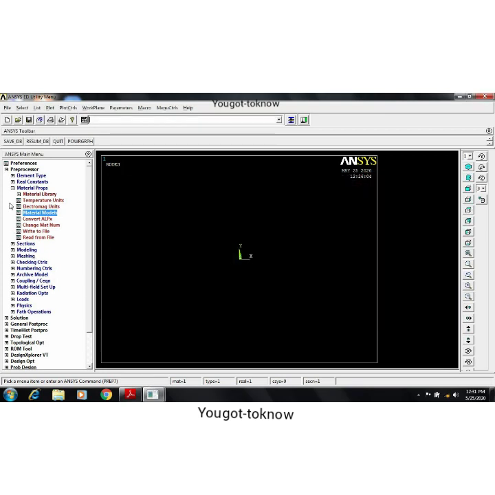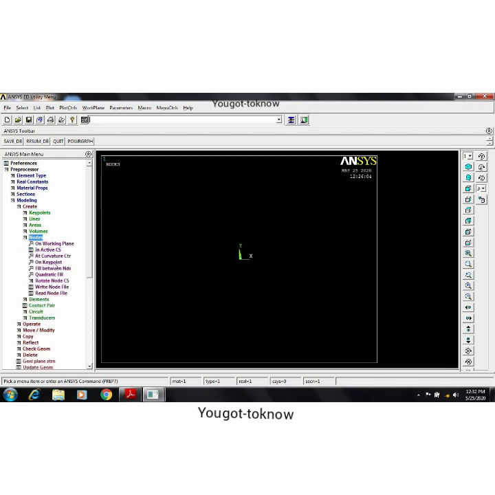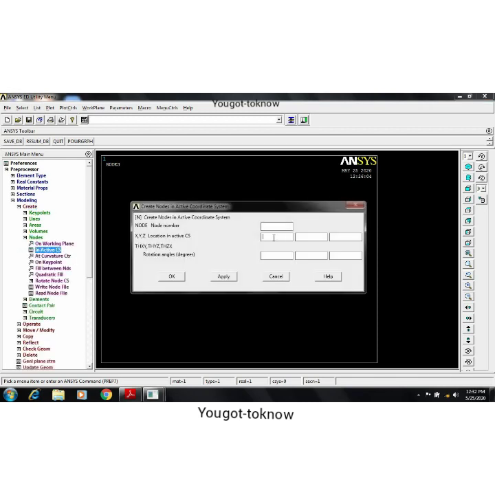Now close this. Now go to next, minimize this, go to modeling. See, go to modeling, create nodes. Now first node in active CS, first node is 0 at the origin. I am starting from origin 0, apply. Now second node, say I want to assume a value, I want to assume 1 millimeter, that will be 0.001 meter, apply. Then the third node, if you create it, it will be 100, that is L1 given as 10 centimeter, that will be 100 millimeter. Then if you convert it with respect to your location, it will be 0.101, apply.